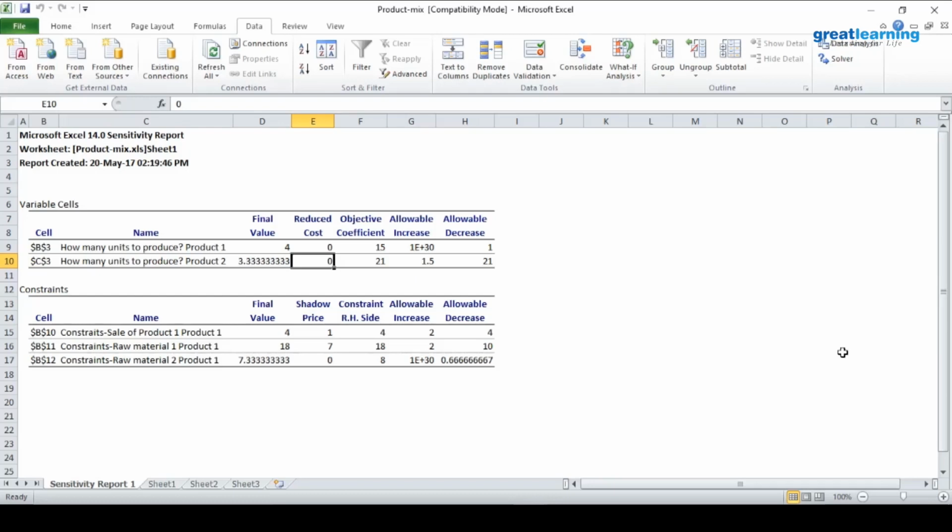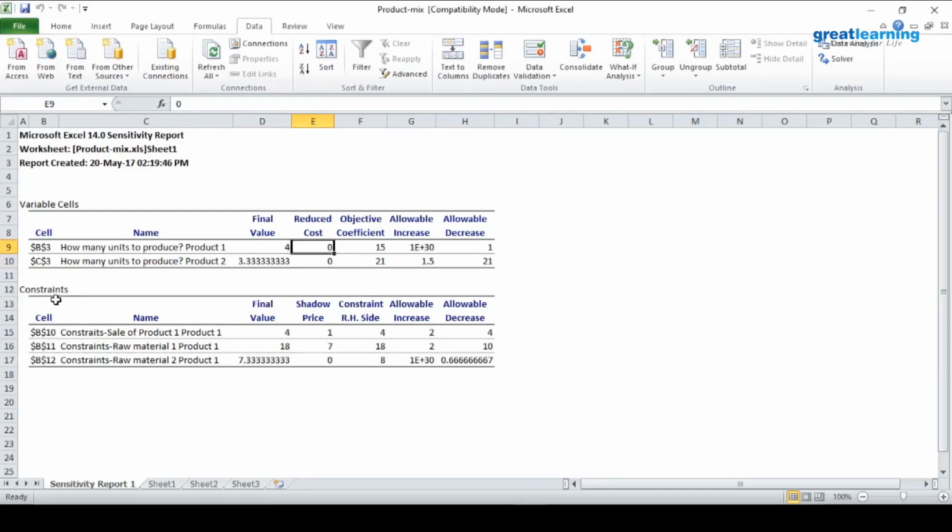So, for what value or change which I need in the objective function coefficients, so that I have in the final simplex output a solution which is non-negative and a positive solution, not zero, but a solution which is positive. In this case, both are satisfied because you have final values 4 and 3.33. Therefore, my reduced costs are 0. It does not give me any negative reduced cost.